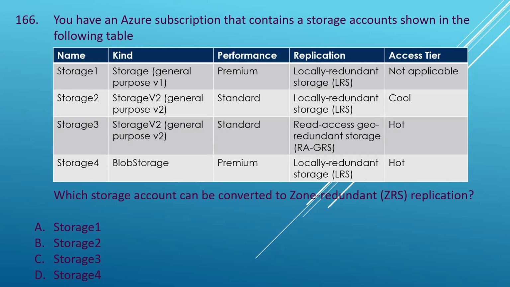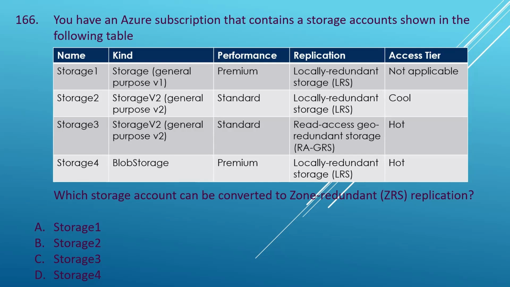So storage 1 doesn't have any access tier applicable to it, whereas storage 2 has cool tier and storage 3 and 4 are belonging to hot tier. The storage 1 is storage general purpose V1, whereas storage 2 and storage 3 are storage V2, general purpose V2, and storage 4 is blob storage. The performance of storage 1 and storage 4 is categorized as premium,